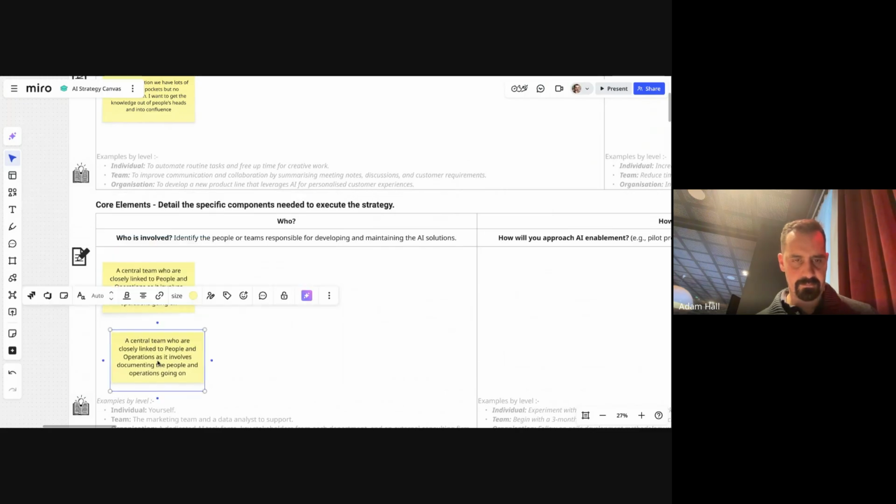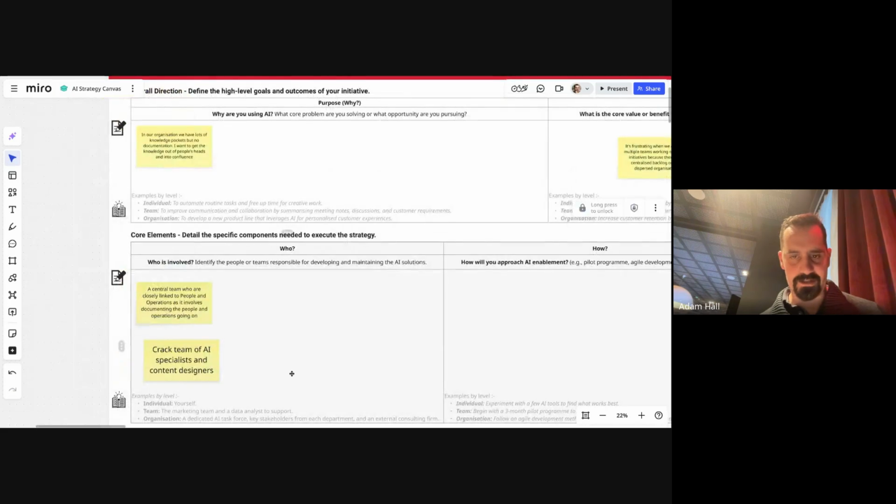It would also need some sort of crack team of AI specialists and content designers, because I think it's good to have the best on such an initiative. Cool.